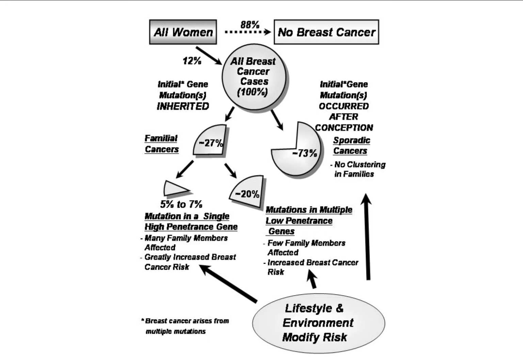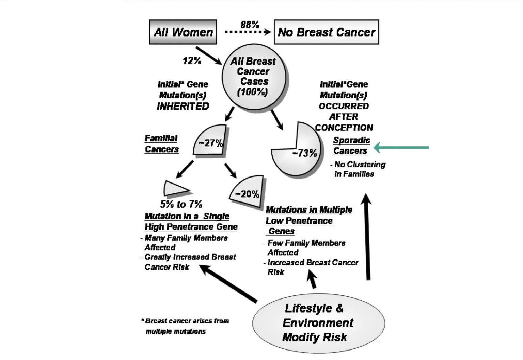So this is a little flowchart of who gets breast cancer, what proportion of the population gets breast cancer. And this is just for women, although I want to mention that men can also get breast cancer, and it turns out to be usually more deadly because there's less surveillance of finding it early. So in women, if you look at all women, 88% of women will have no breast cancer at all. About 12% of women will have breast cancer sometime in their lifetime.